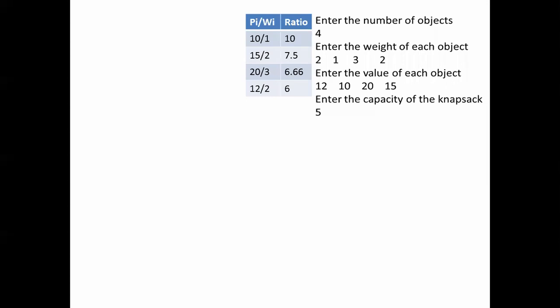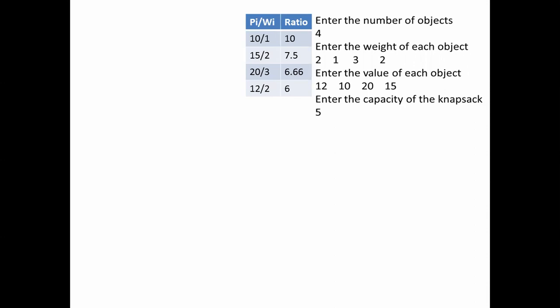So here the same problem we have discussed in the last class, but here we are going to get the ratio of the item, that is profit by weight of each item. We are going to find the profit and we are going to find the ratio there, and according to the ratio it is sorted in decreasing order of the ratio.